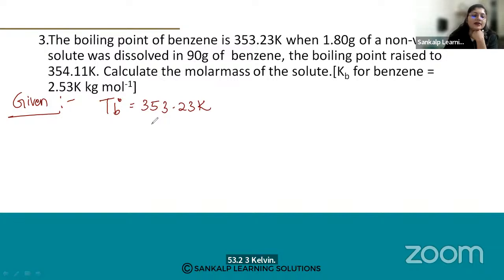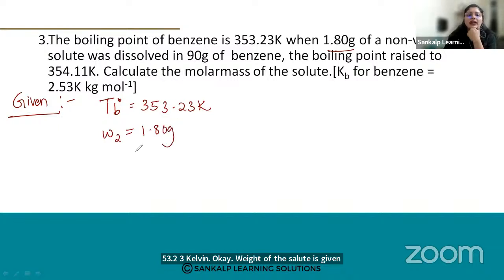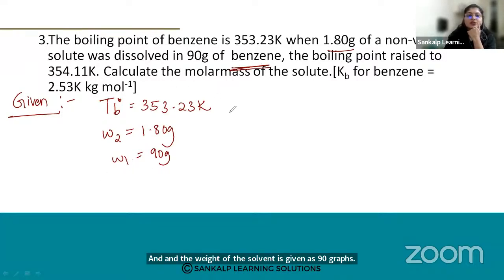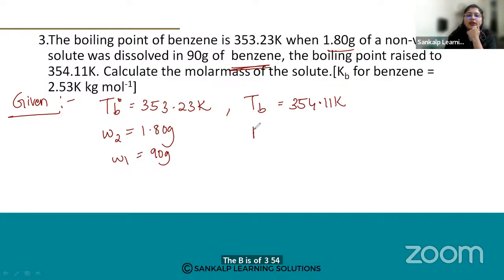Okay. And weight of the solute is given. Weight of the solute is W2, which is 1.80 grams. And weight of the solvent, benzene, is given as 90 grams. The boiling point was raised to Tb, which is 354.11 Kelvin. You have to calculate the molar mass of the solute. Okay. Then Kb is given